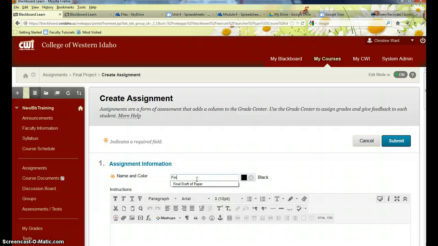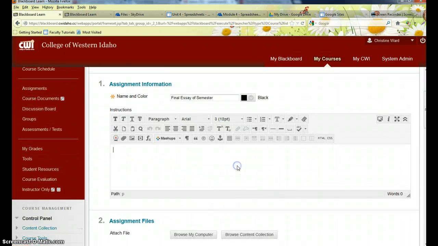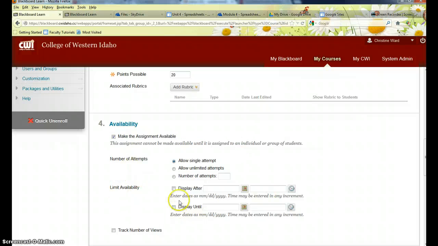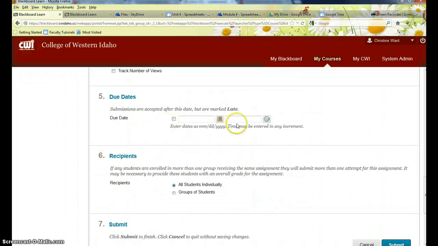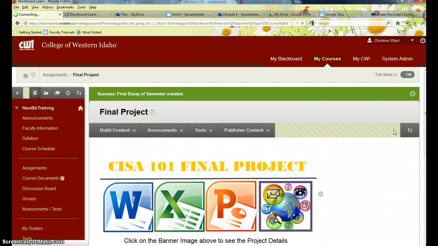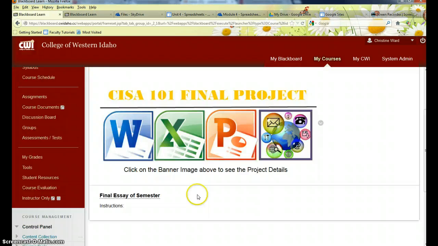Let's say this is their final essay of semester. Okay, so I name it and I would type in the instructions or embed them using SkyDrive. And then I would tell Blackboard how many points this was worth. This was worth 20 points. I could add a rubric. I limit my availability or don't, however you want to do that. I assign a due date. This is going to all students, and then submit. So that's how you create a basic assignment,